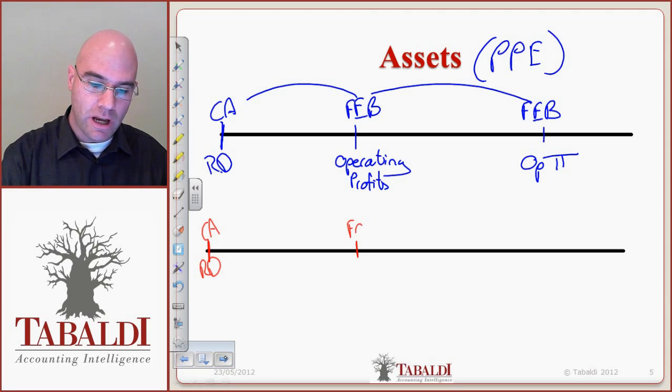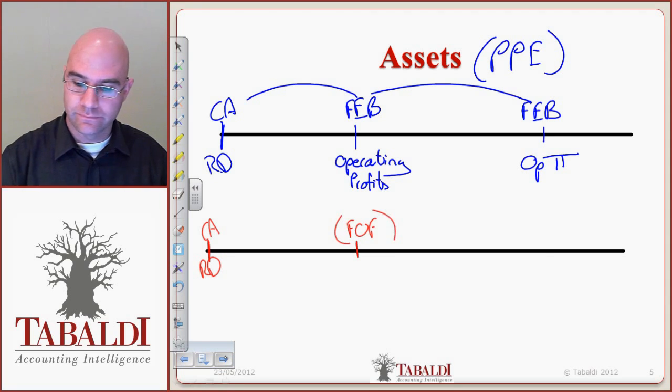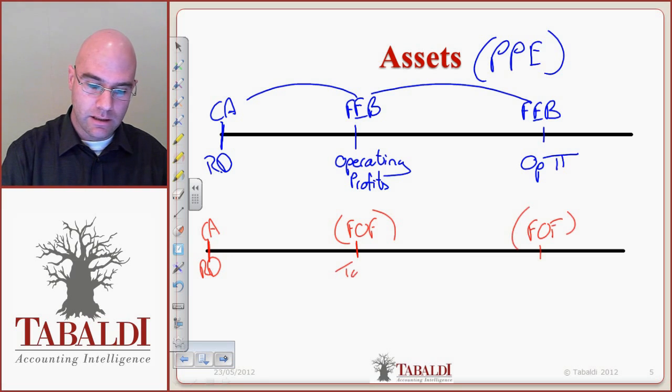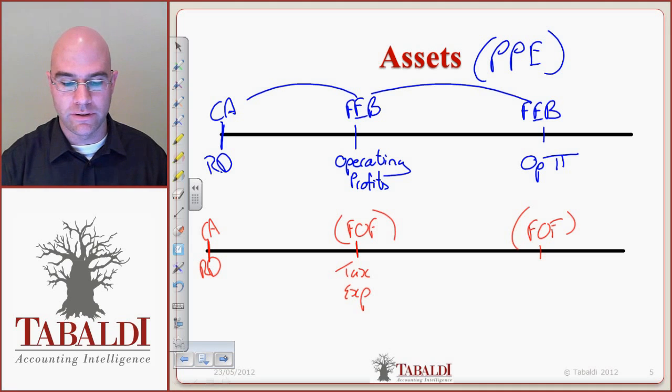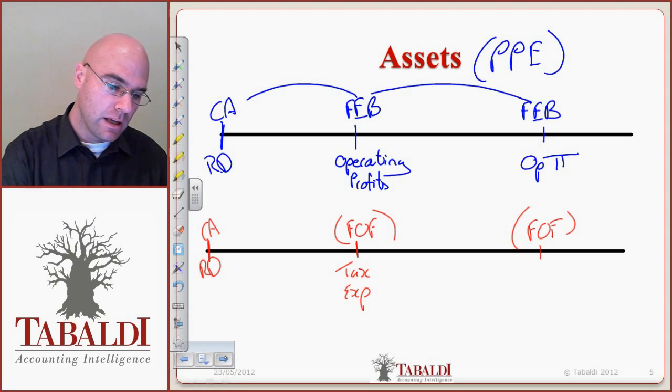So the future outflows in the future, i.e. the tax expense or tax payments to the revenue authority, well, should that not also be recognized if we recognize the carrying amount of the PPE? And that carrying amount is going to be a deferred tax